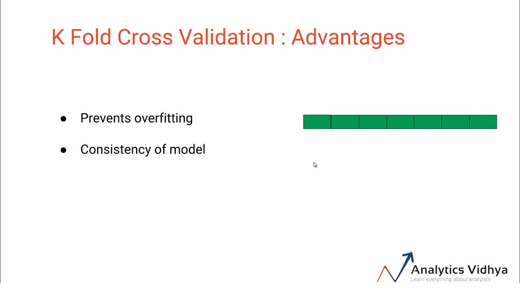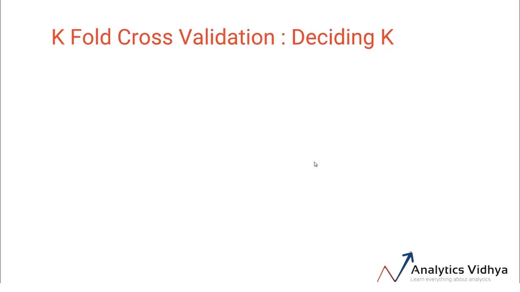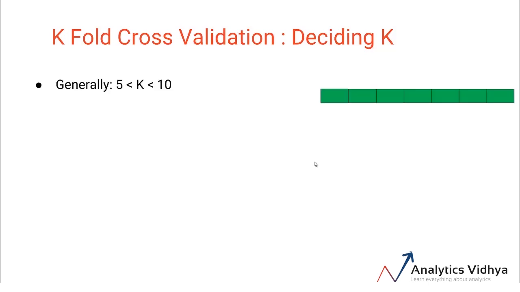Now how do we decide the value of the number of folds, or k? I'm sure you've been thinking this since the start of the video. So let's take a moment to understand how to decide the value of k. Generally, having a validation set containing 10 to 20% of the data is considered good. Therefore, a good value of k should lie between 5 to 10. Also, a good value of k should be selected such that it takes as much data as possible for training, but the validation set should be enough to give statistically significant results.